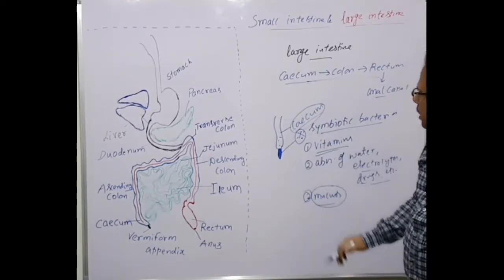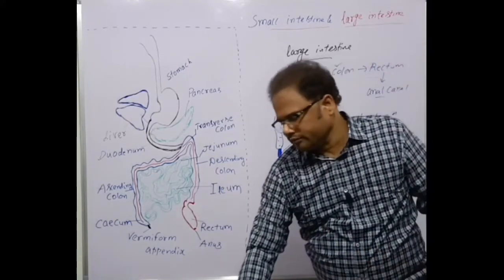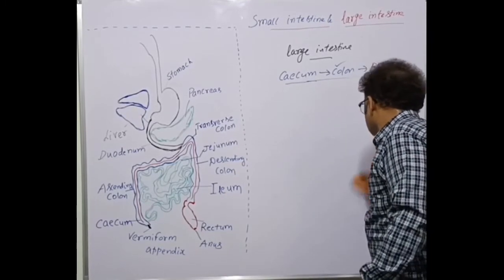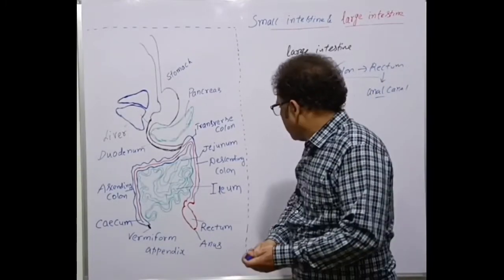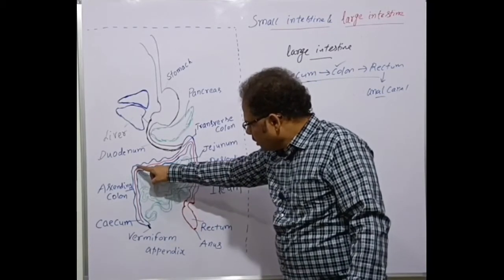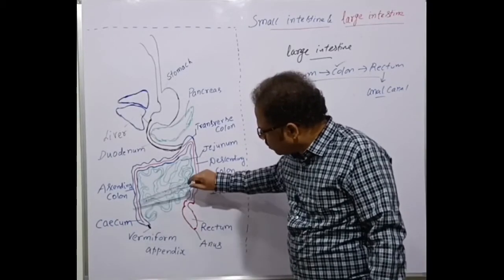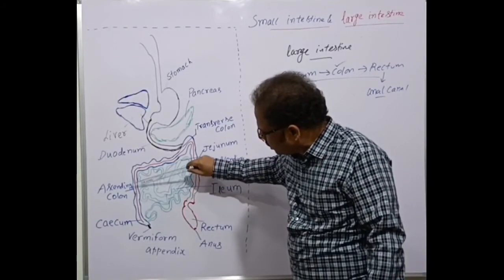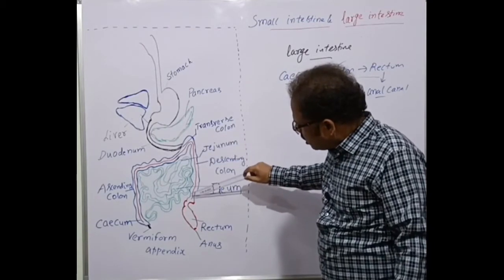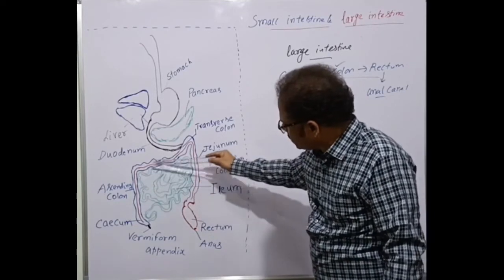Next, the cecum is followed by the colon. Let's discuss the colon. The colon is a very highly coiled structure. Can all of you see? This is the cecum, and the cecum is followed by the colon. From here it starts, a very wide structure like this up to here. From here almost up to here, the entire structure is the colon.